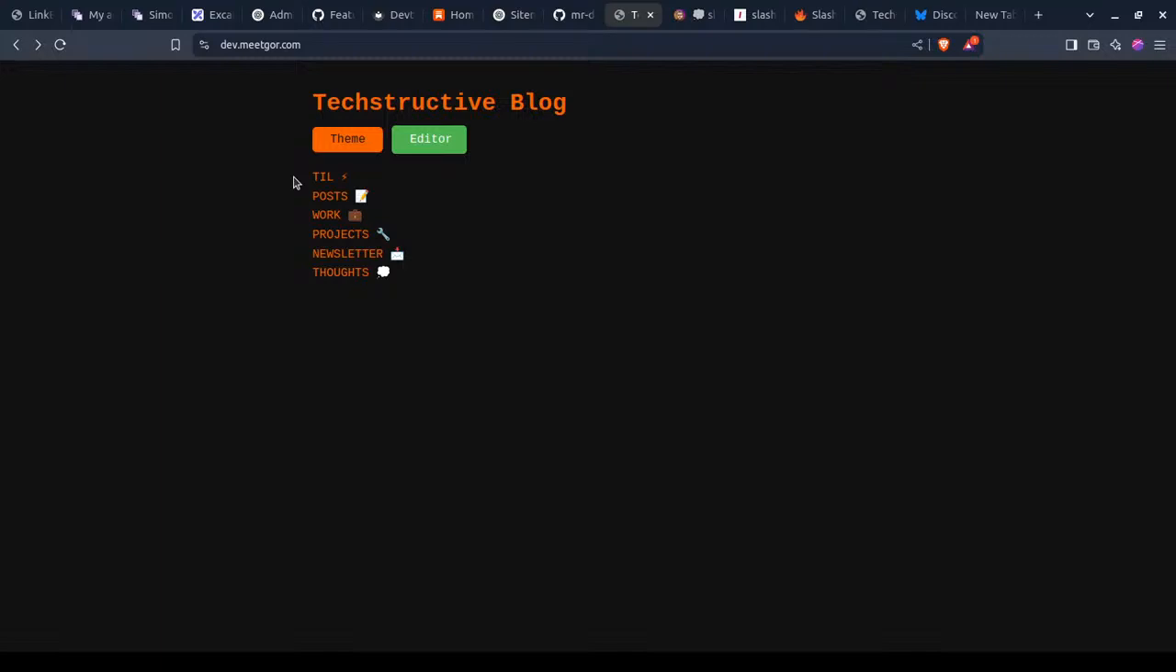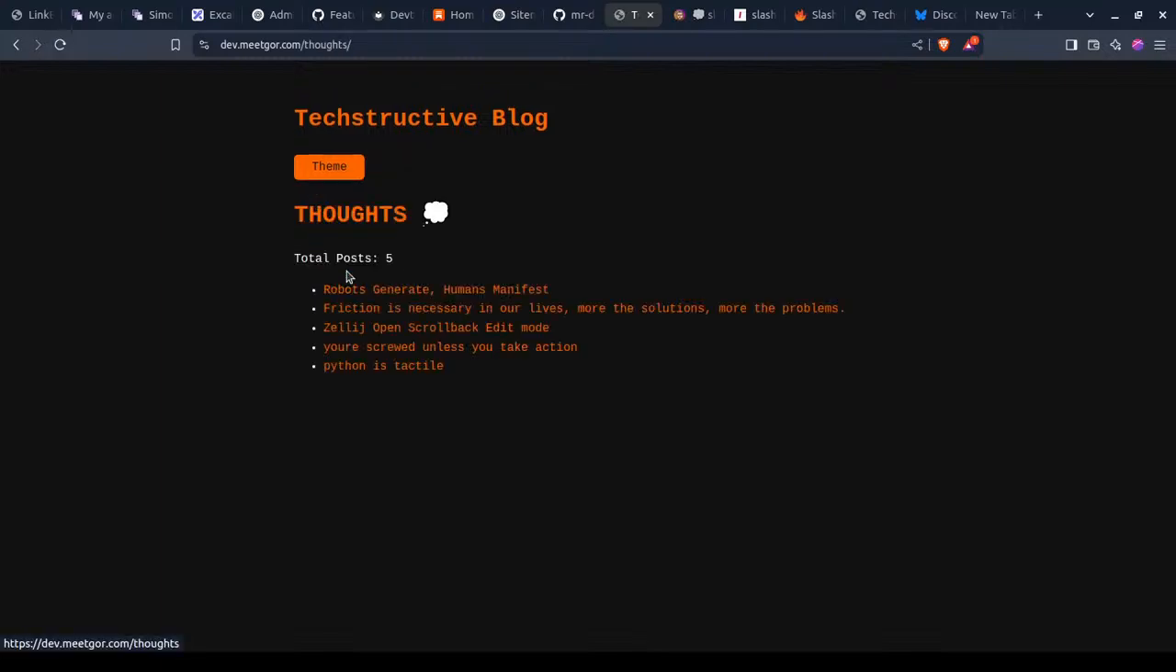So this is what the current SSG looks like, at least on my blog. And now we have to do a few things, which is yesterday I was writing this thought, and I directly